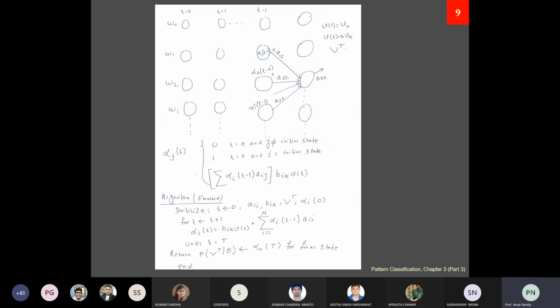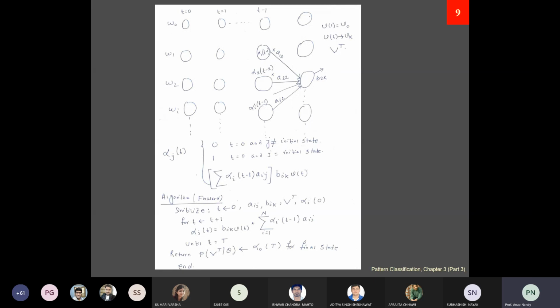Now from this state to this state, you will have this alpha 2 t minus 1 into a22, because a22 is a transition probability, as they are going from this w2 to w2 again. So it is a loop. Okay, now next is w1 to w2, it is a12. So this a12 is a transition probability, and this alpha i t minus 1 is the probability that the model is in this particular hidden state after emitting this output symbol. Then next you have reaching this final state. If you are going to consider the final state, then this final state will emit some output symbol.